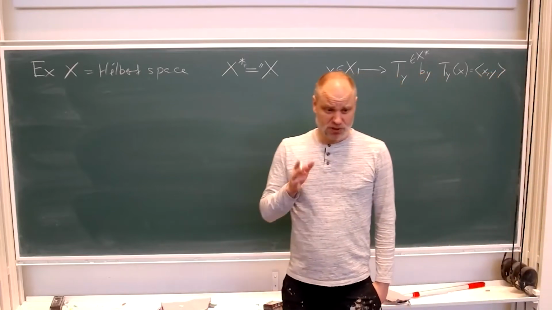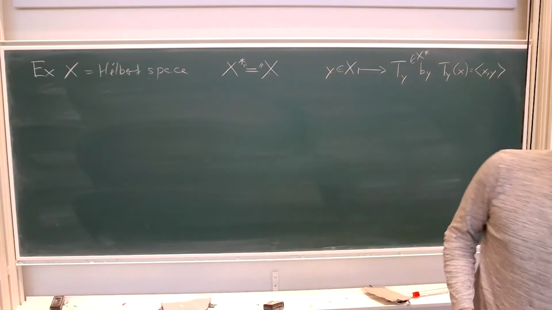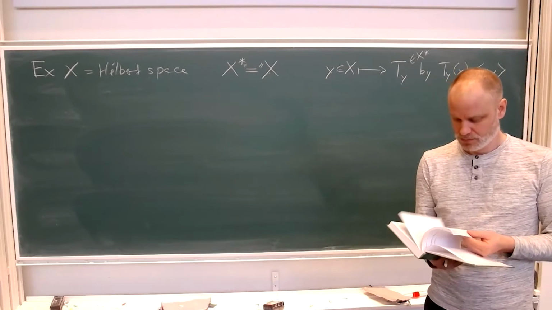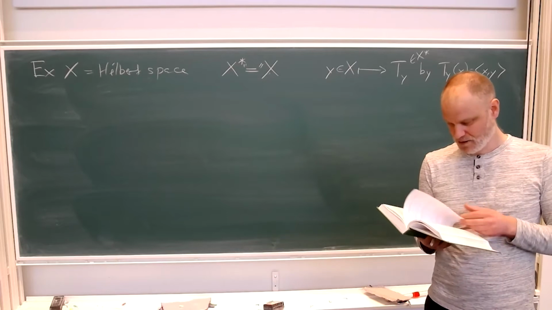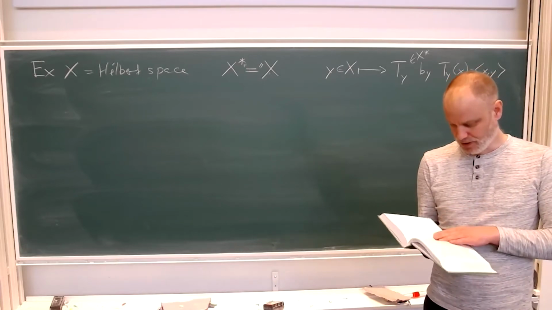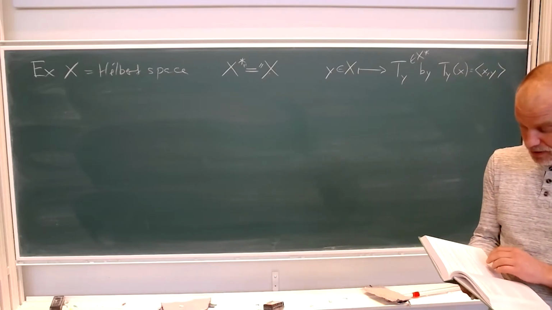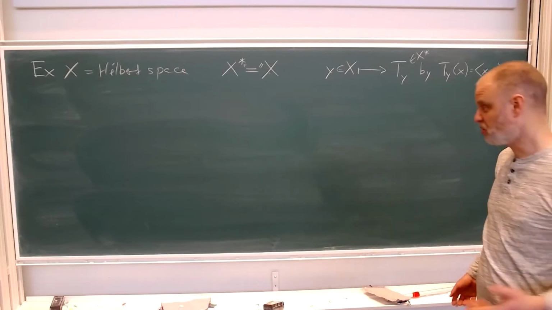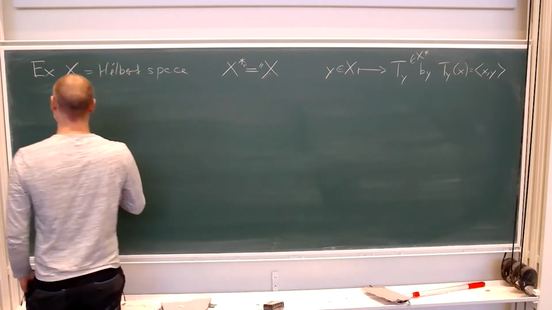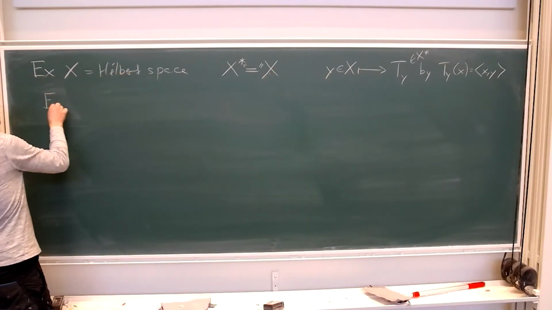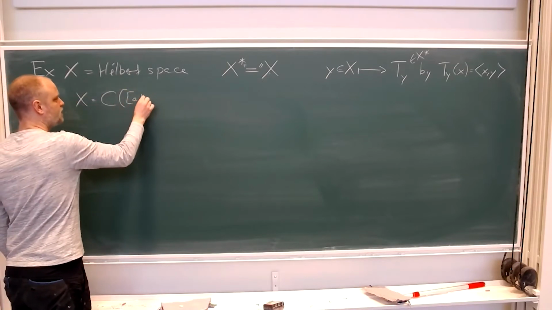A third space, which is much more relevant for us here. Let me check if they're actually proving any of this in this book here. No, they're not saying too much here. But anyways, another example which they do have is the continuous functions on an interval. It can be more general, but let's stay on an interval for concreteness. So if X is equal to the continuous functions on an interval from a to b,